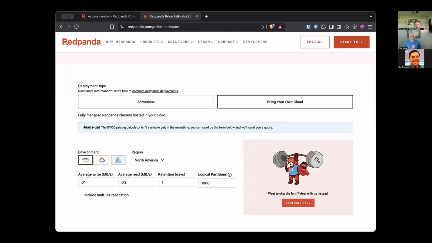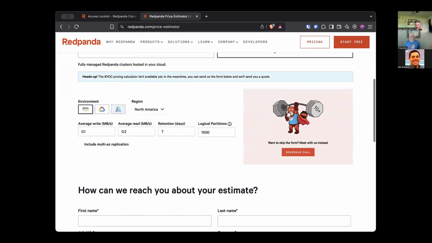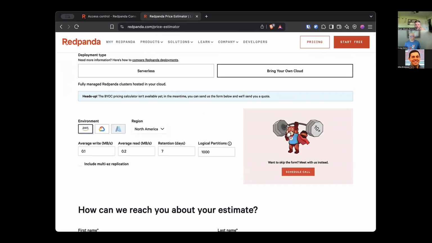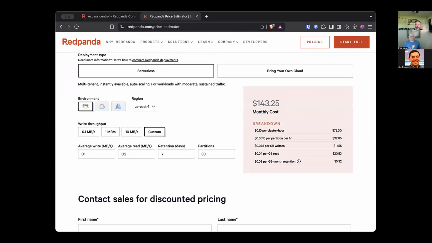You'll see if you click bring your own cloud, that's one of our popular deployment types. Really what we'll do is schedule a call and give you a quote. But on the serverless side, you can choose your cloud provider, you can choose your region, you can select some type of a workflow and get a real basic idea for the cost of that